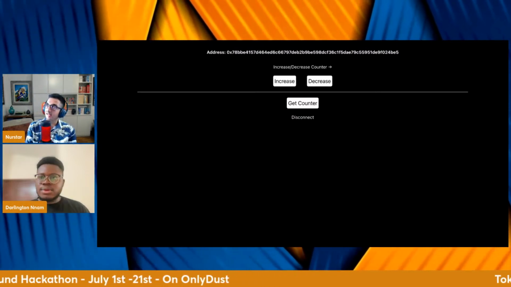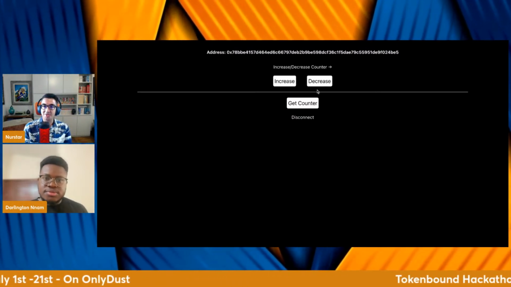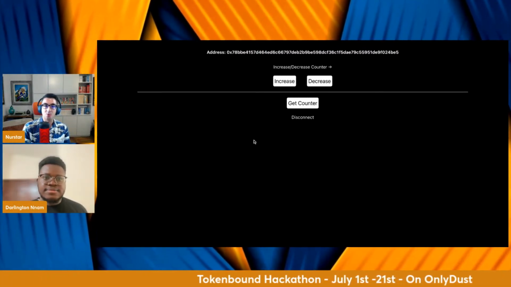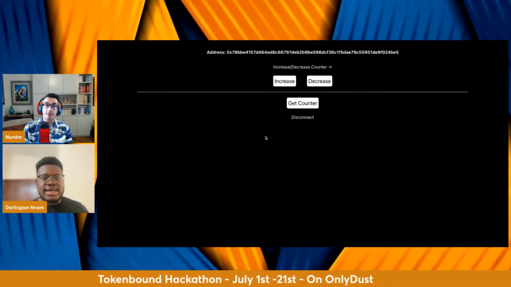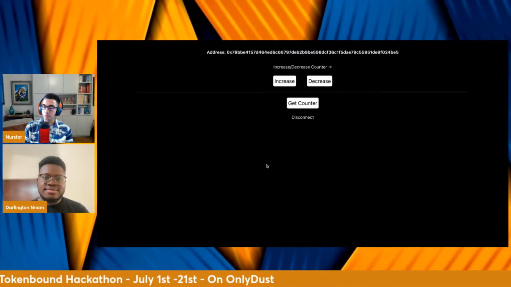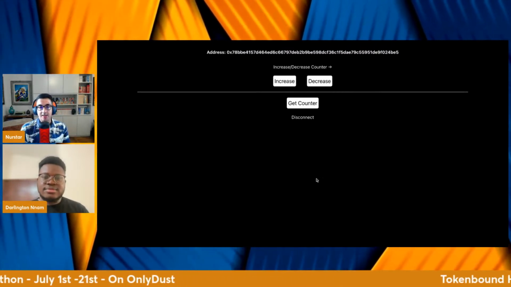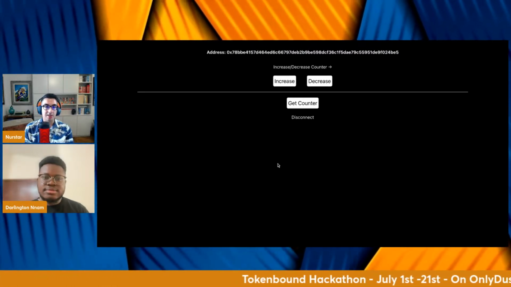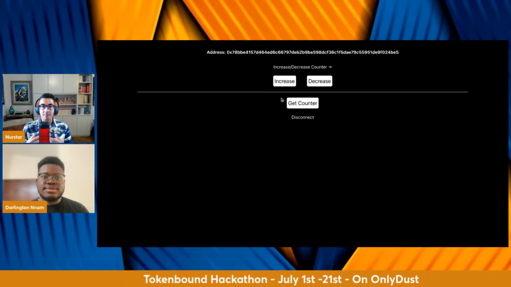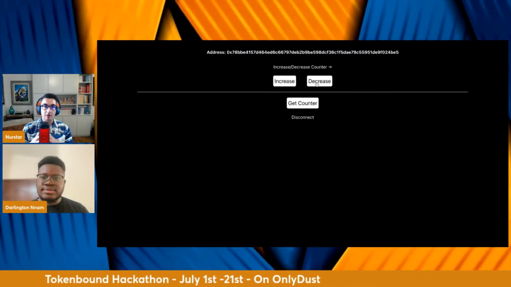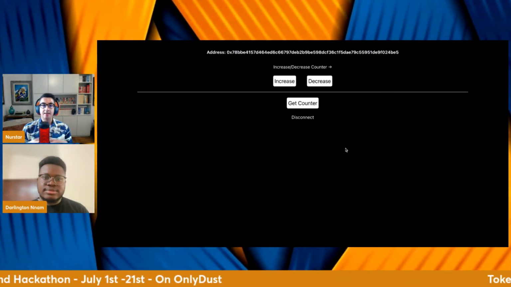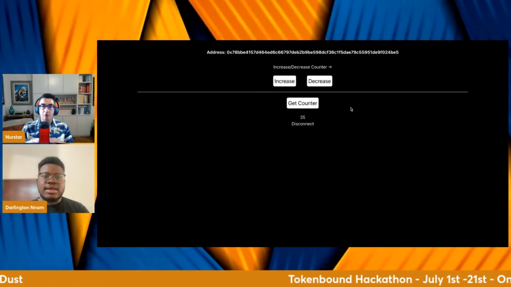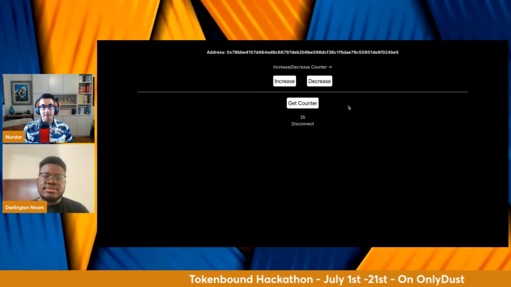So in a way, it is as if the token bound account is a sort of son for the main wallet, right? In the sense that obviously, if you lose access to the smart contract wallet, you're also going to lose all your token bound accounts as well. So token bound accounts get some sort of limited independence, but at the same time it is still dependent on the wallet it is on.